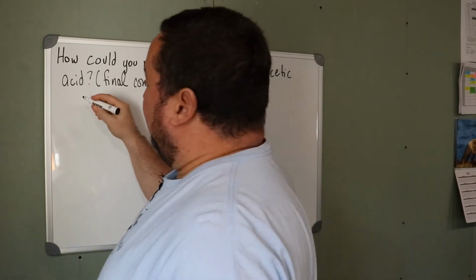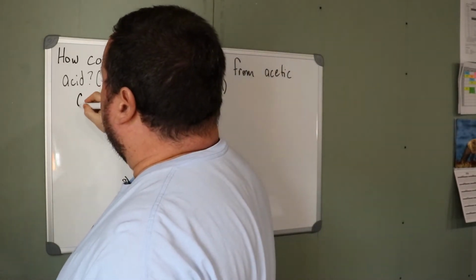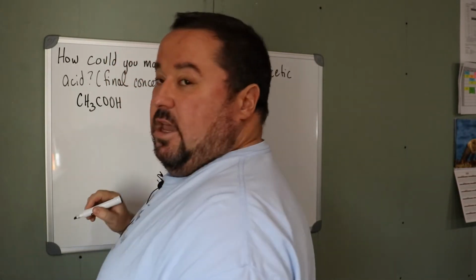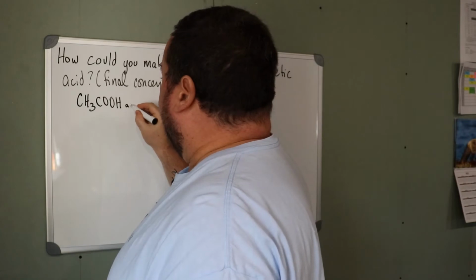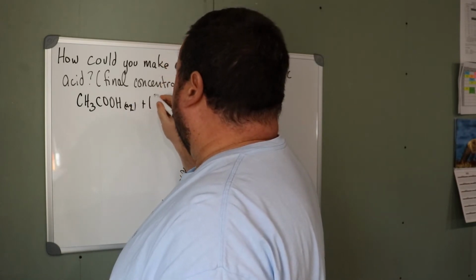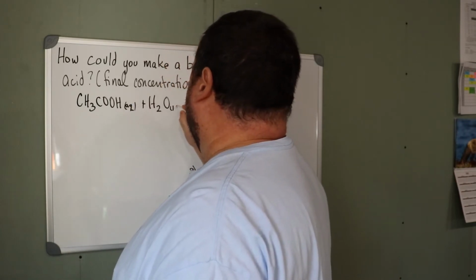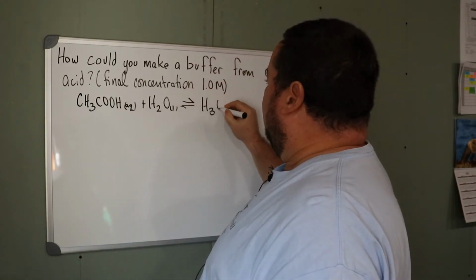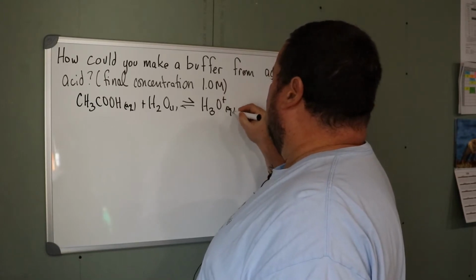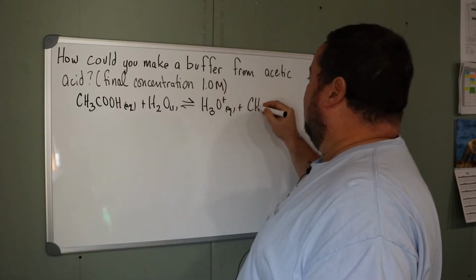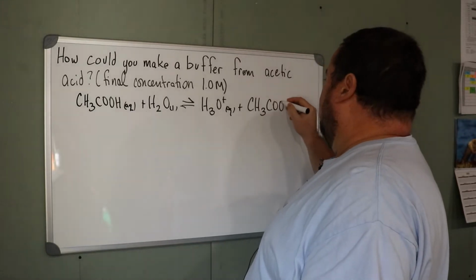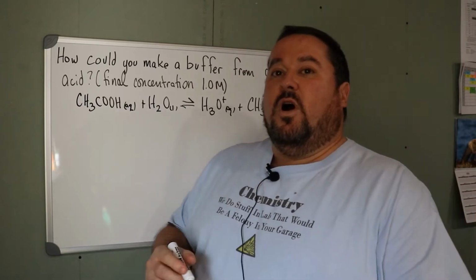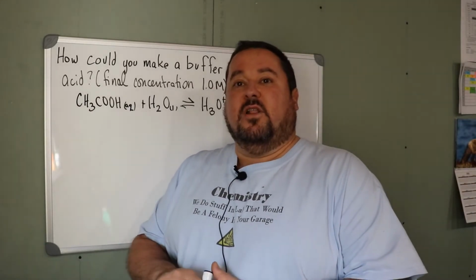So we begin with acetic acid, and we show it reacting with water, in equilibrium with hydronium ion and acetate ion. Now we know that the reason why a weak acid won't act as a buffer all on its own